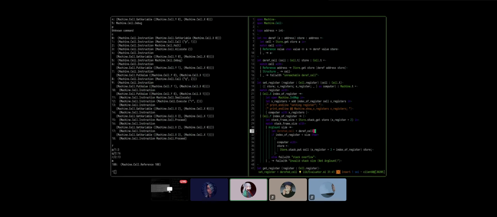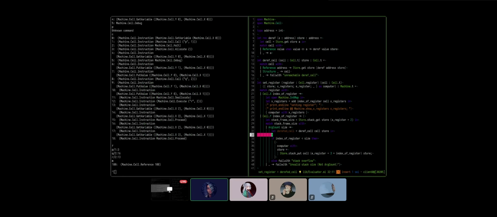Deref cell of the cell and the store in. That will give you pattern matching on that: match deref cell with